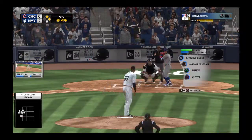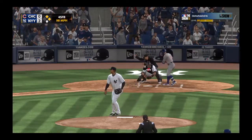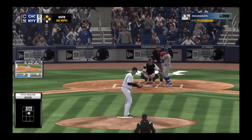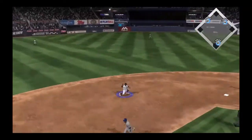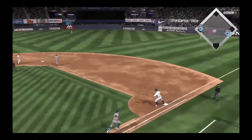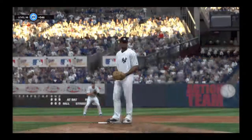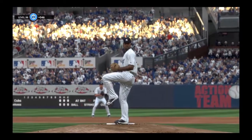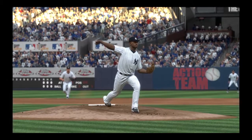Outside with that slurve of his, 1 ball, no strikes. Boy, that fastball is just sizzling up there. 1-1. You know, if I'm the hitter right here, I'm like, okay, you want to come get some early in the count? I was about to. On to first, and he rolls the double play ball to end it here as this ball game is over. And guys, a very important outing turned in on the mound for the man you see right there. He was a bit